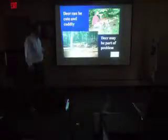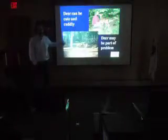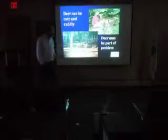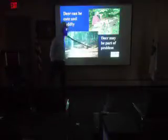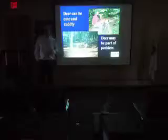Next. But that's not what a forest is supposed to look like. That's an incredibly disturbed habitat. The only thing you can see growing here is a barberry, there's a barberry. This is now a barberry stand. This picture was taken 15 years ago. Next. So one of the things we actually looked at is, let's see what happens out in the woods when